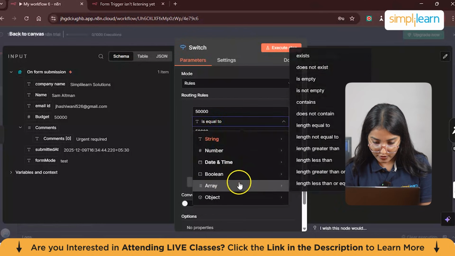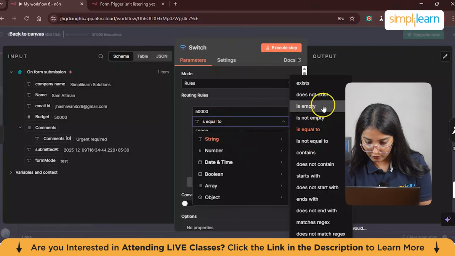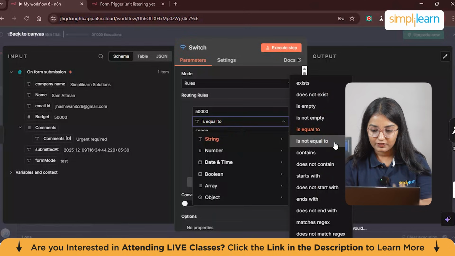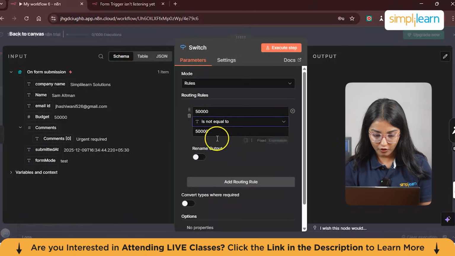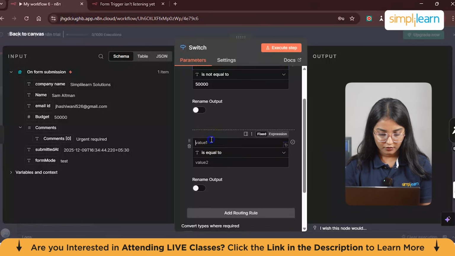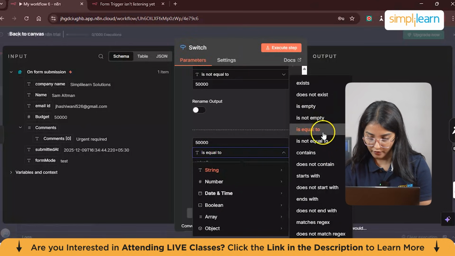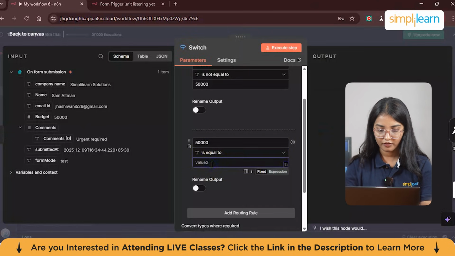Now, let's suppose if it's less than that, we'll select is not equal to 50,000. Then we have another value, 50,000, maybe greater than. Okay, we said is equal to, right? So if it's not equal to this, it will be a different message. And if it's equal to, let's suppose,